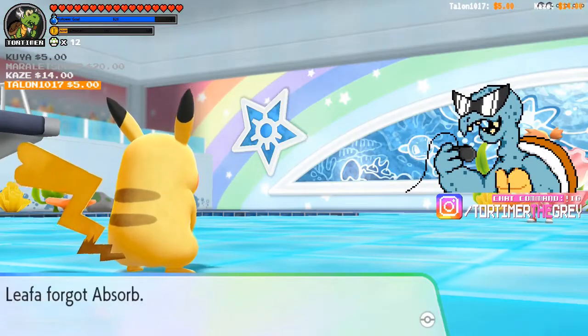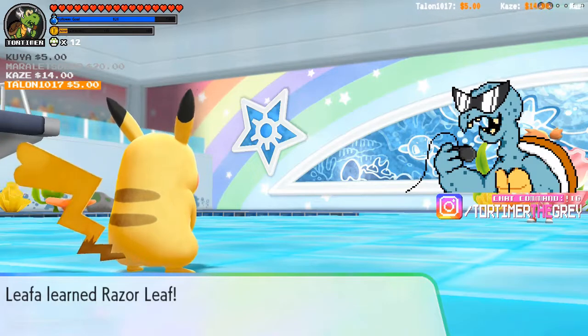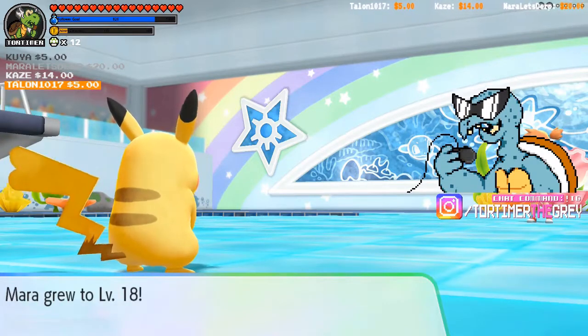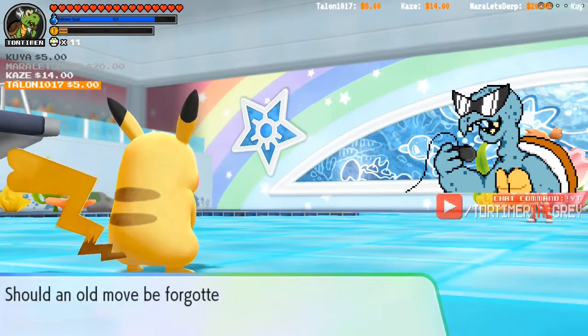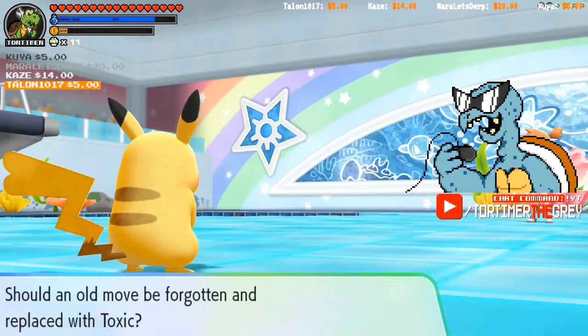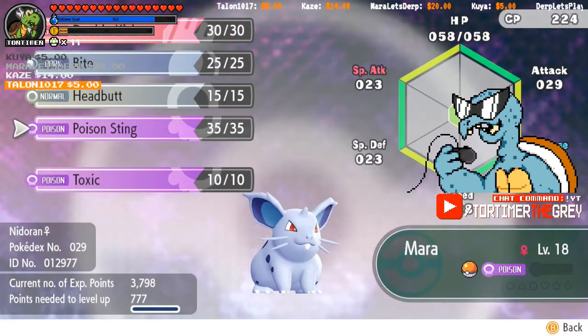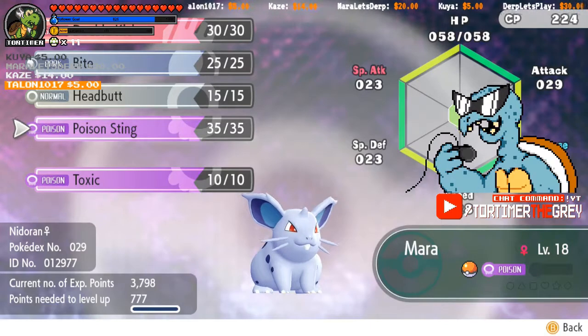I don't know that Leaf is going to be a permanent member of the team. I feel like if I find an Abra, that'll probably replace it, because we're going to want a Psychic type at some point, too. Toxic? Who's trying to learn Toxic? Is it Leaf again? No, it's her. Okay, honestly...